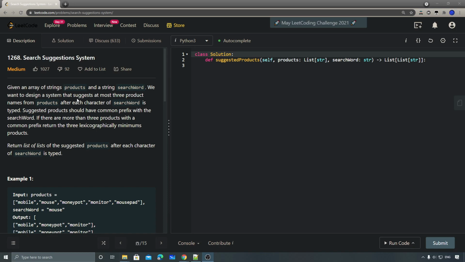So today's daily challenge problem number 1268, search suggestions system, right? You're given an array of strings, products, and a string, search word. We want to design a system that suggests at most 3 product names from the products after each character of search word is typed,